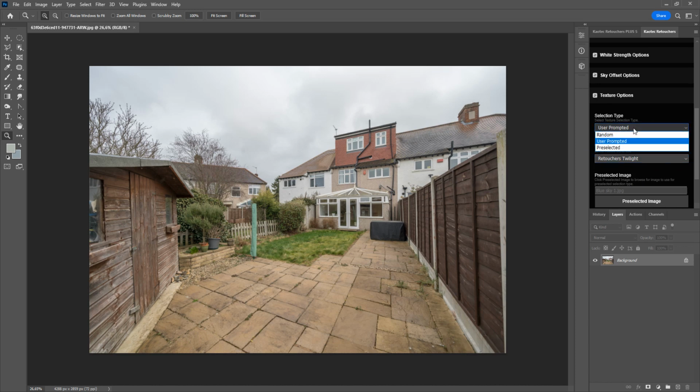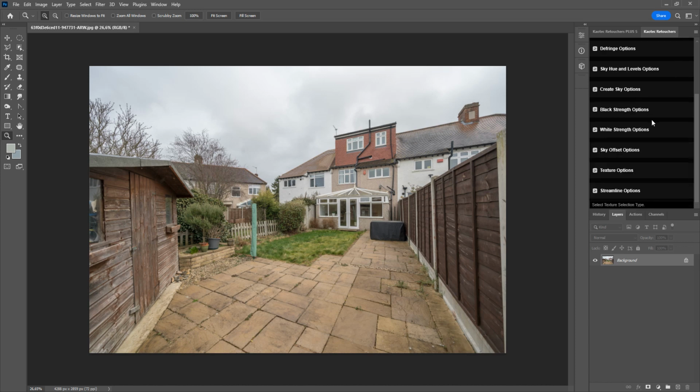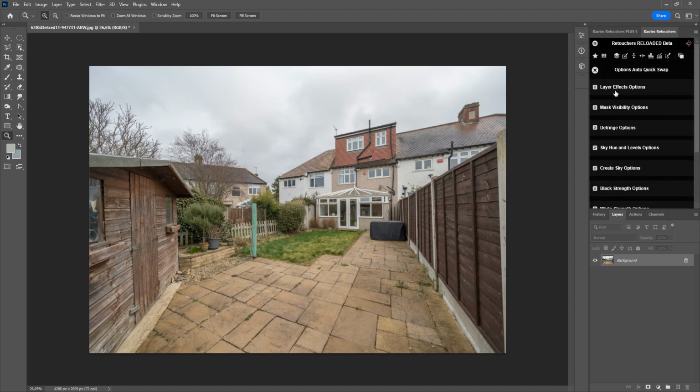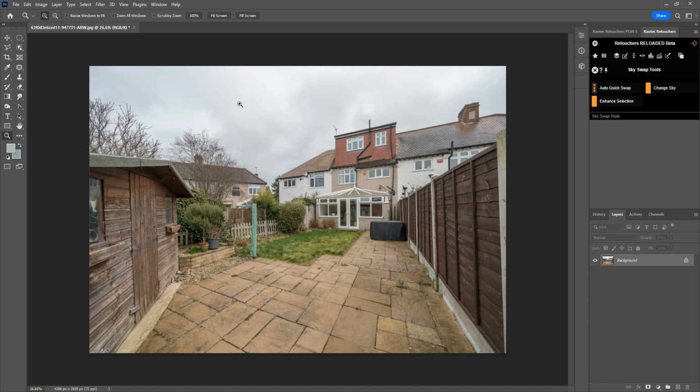If I want a random twilight sky, then I'll just set it to random, but I want to choose one for this image. Usually when you're doing your normal day shots and blue sky replacements, random is fine with a built-in plugin. All the skies look more or less similar, so any sky would be fine. But for this twilight, I want to choose one, so I'm going to click auto quick swap,